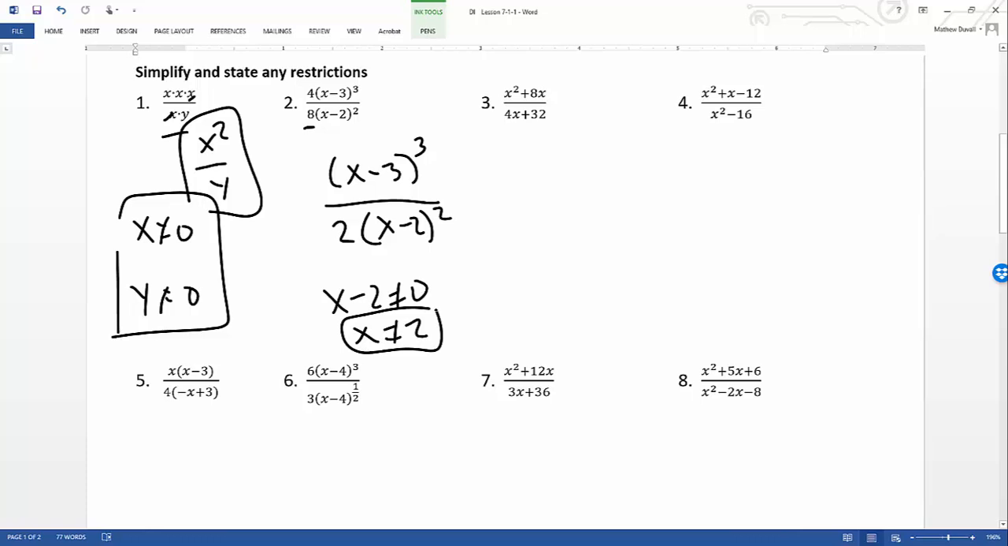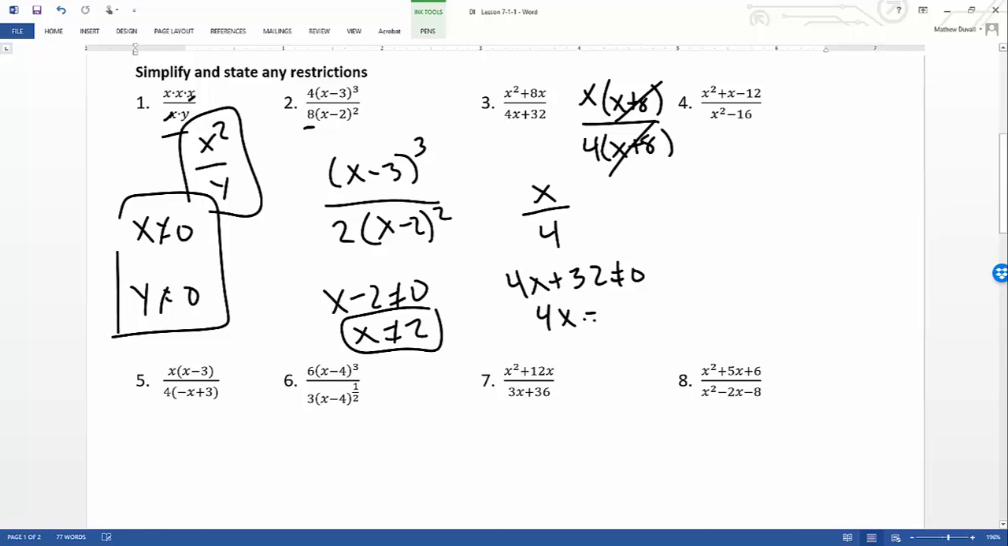So for these, we got a factor, x times (x plus 8), factor out a 4, and you get x plus 8. The x plus 8's cancel out, so you're left with x over 4. Now if I set the denominator to where it can't equal 0 and solve, subtract 32, divide by 4,